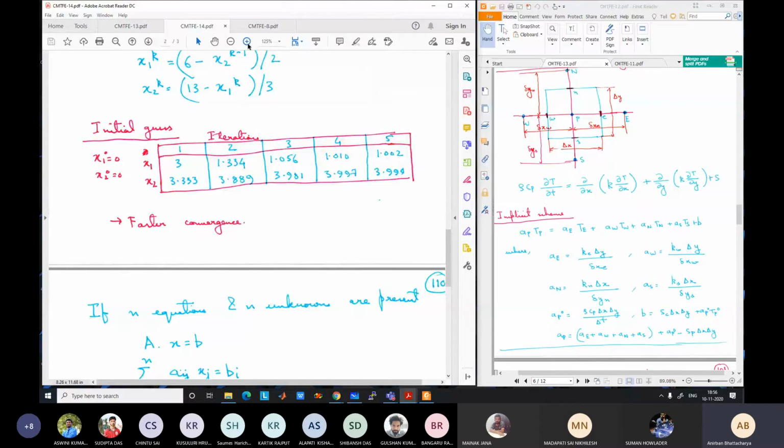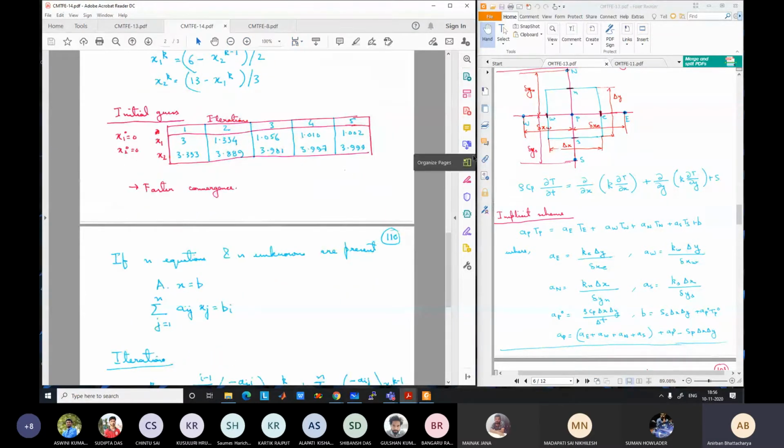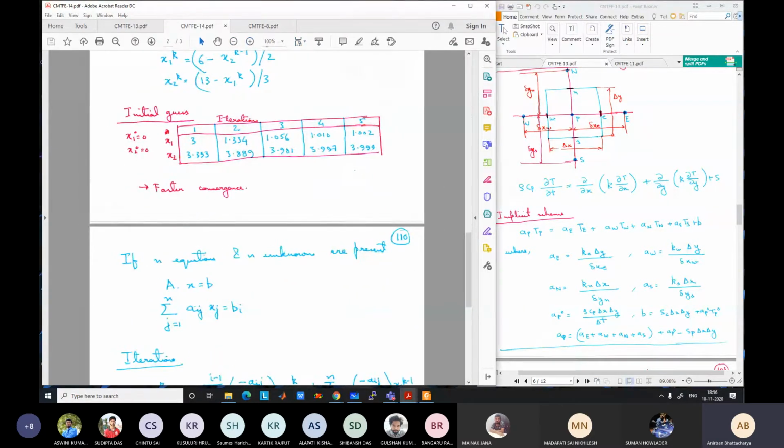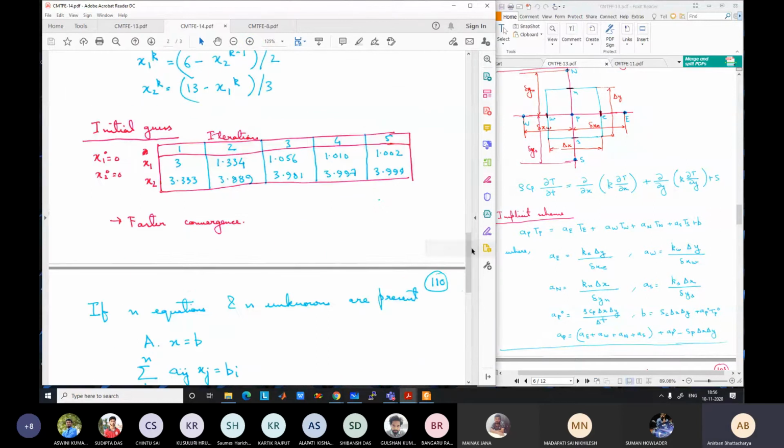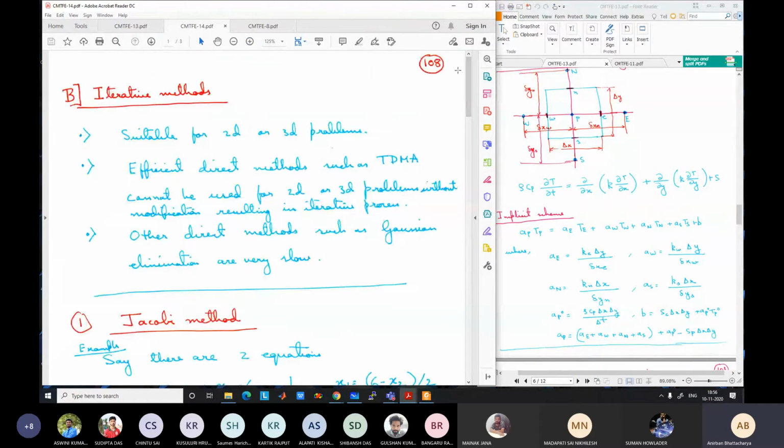Into the iterative methods, indirect methods. Direct methods, we have studied only one case. The iterative methods we'll start today and continue the discussion in the next class. What is the reason for these iterative methods? Direct methods we can also use for 2D and 3D. TDMA we cannot use, but other direct methods like Gaussian elimination we can use